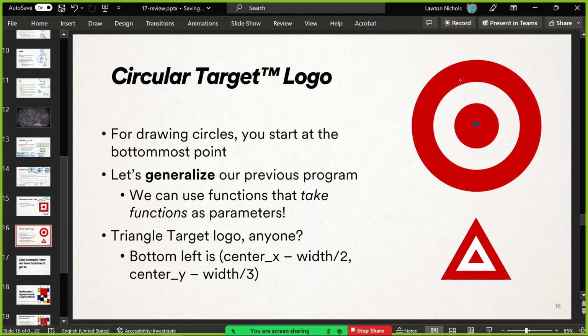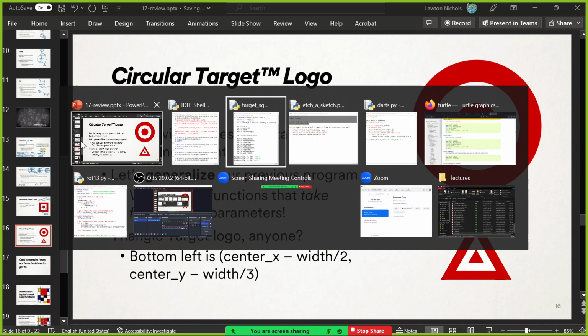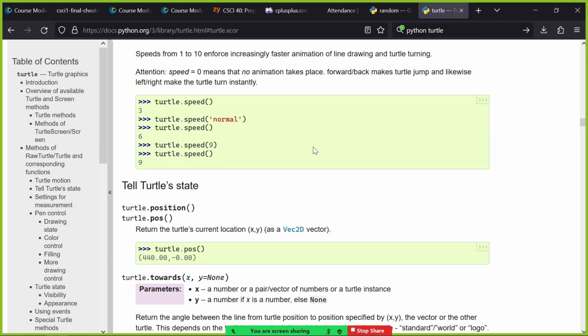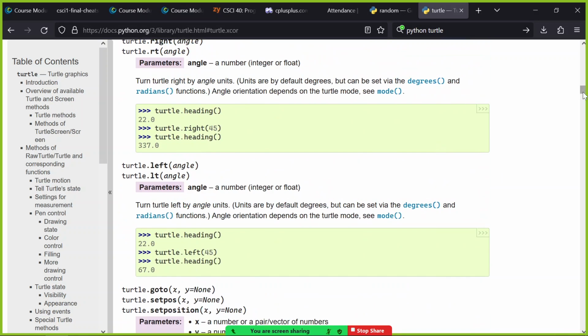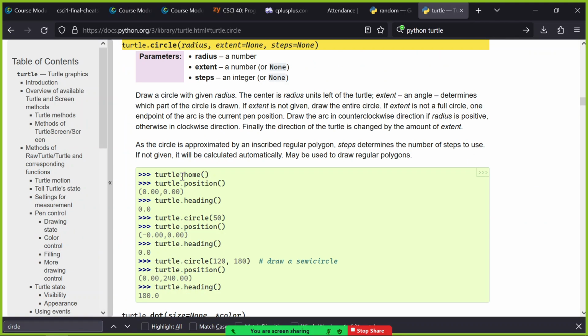For drawing circles, there is a library function. If you haven't seen it before, I think it's just turtle.circle. Let me find it. There it is. So yeah, turtle.circle draws a whole circle, or a portion of a circle. When you call it, you give it the radius of your circle, first of all.